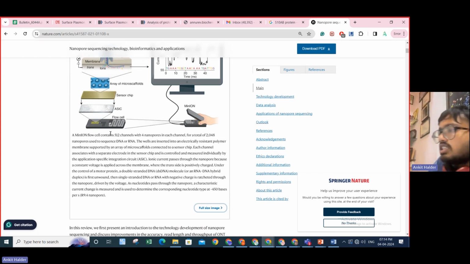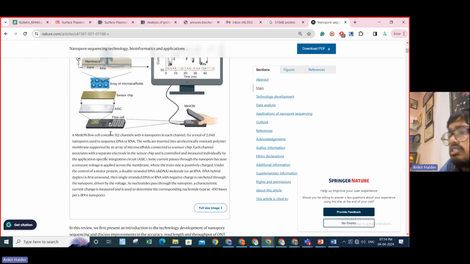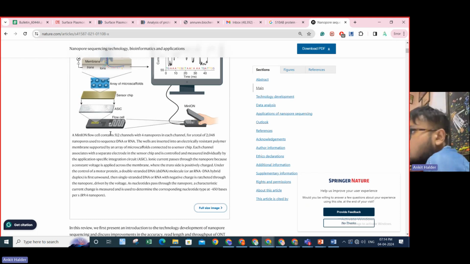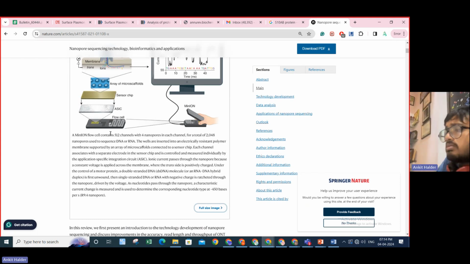The pores are inserted into an electrically resistant polymer membrane supported by an array of microscaffolds connected to a sensor chip. Each channel associates with a separate electrode in the sensor chip and is controlled and measured individually by the application-specific integrated circuit. Ionic current passes through the nanopore because a constant voltage is applied across the membrane, where the trans side is